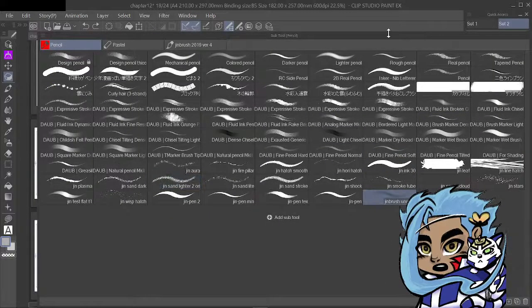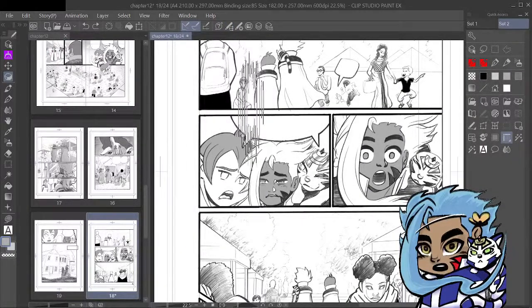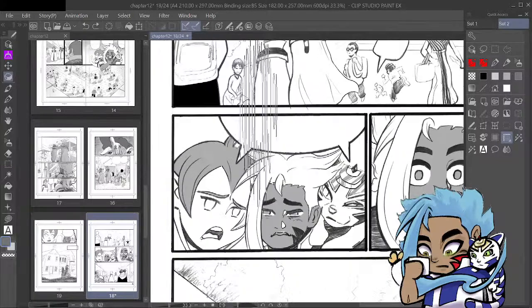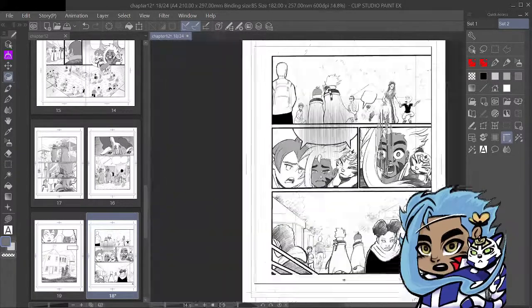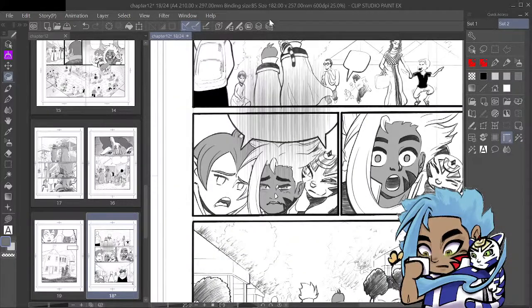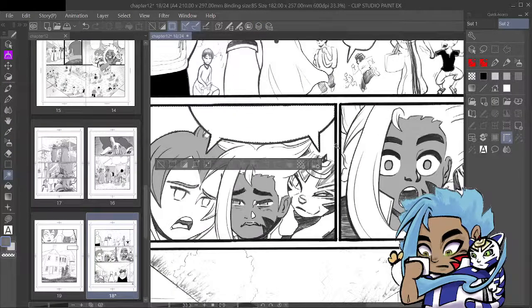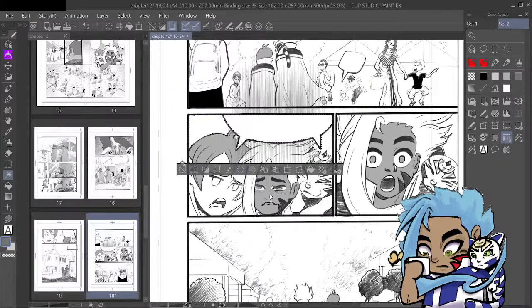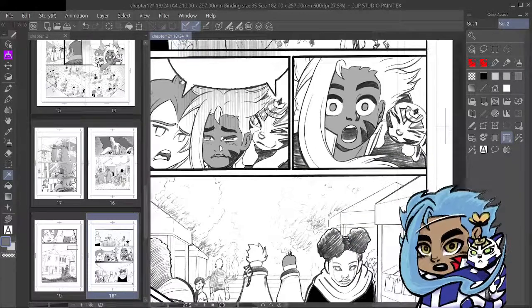I think it's this brush. Ah, yes, it is. Perfect. Okay, that's done.